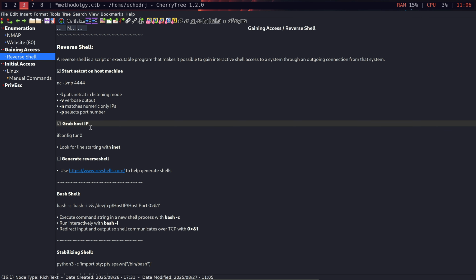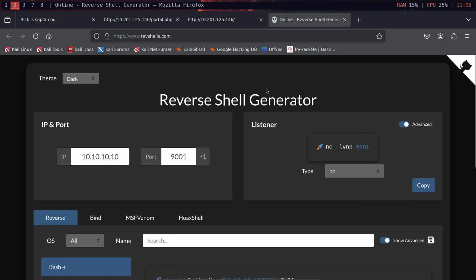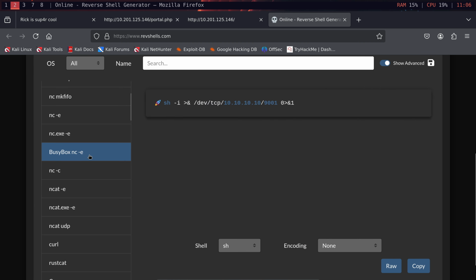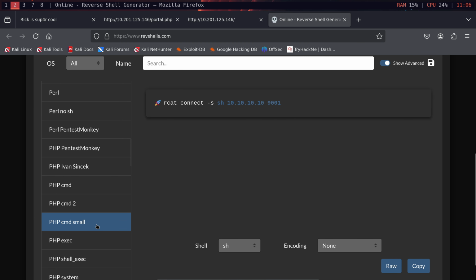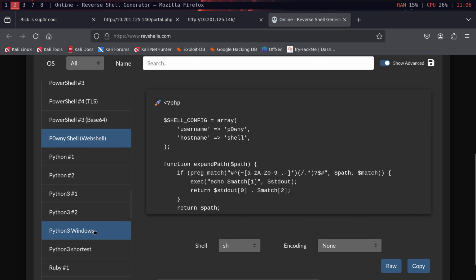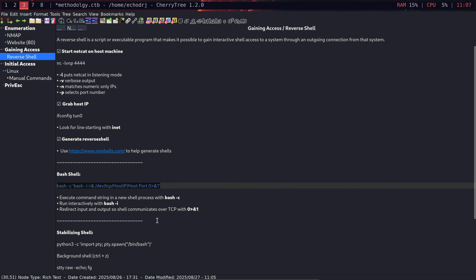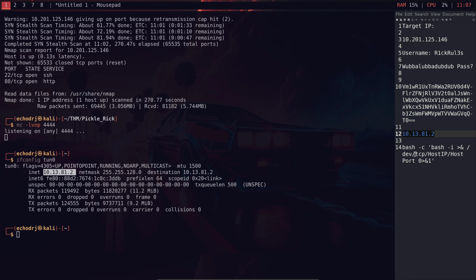And we need that because when we generate a reverse shell, I'll put this in the description as well. This is a reverse shell generator. This is where we would plug in our IP and choose the port number. There are a bunch of different shells that they'll generate depending on your use case. For me, I have this one that I like to use on these types of machines. We'll go ahead and get that going. So you want to replace the host IP with what we have,